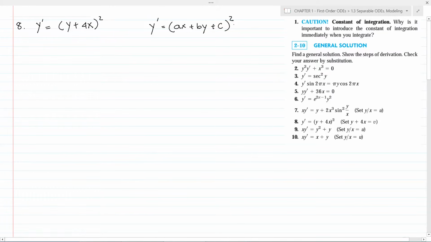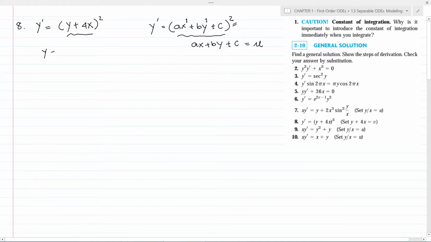Now we had already discussed that the exponent should be 2 and the exponent of the x and y terms should be 1. In this case we substitute the inside polynomial as u. So if the differential equation given is in this form, then we can write ax plus by plus c equal to u, and after this substitution we can go ahead.